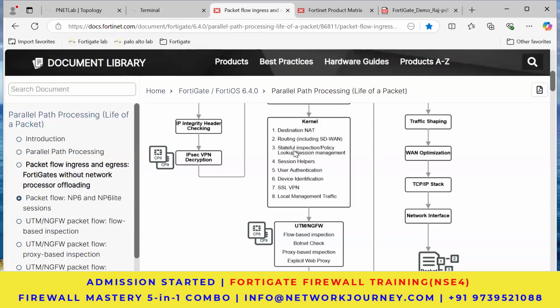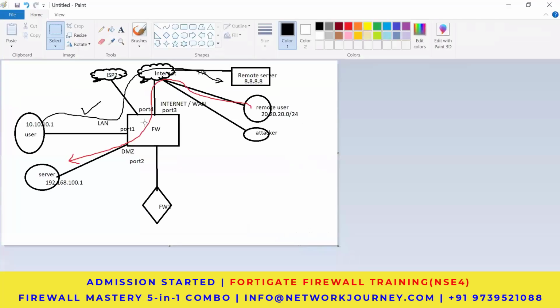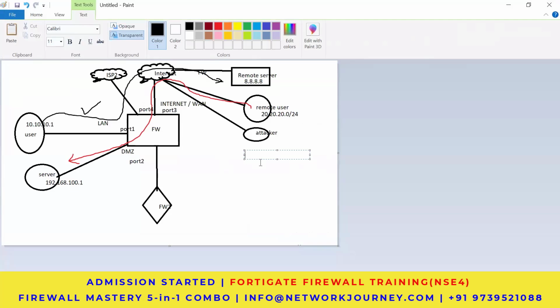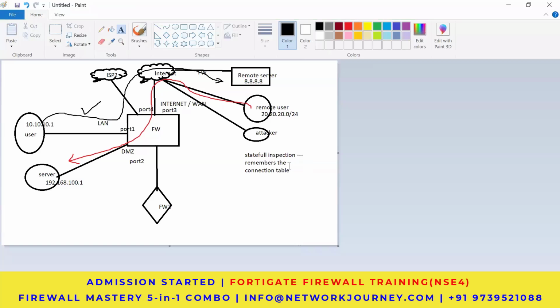Stateful inspection in the sense, this is a keyword. Just remember that it remembers the existing connection, or remembers the connection table, which we call the session table. So stateful firewall or stateful inspection in the sense